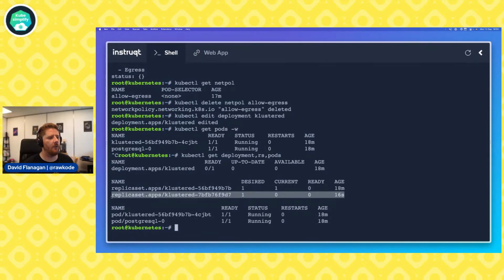Now, this is a difficult one if you haven't operated Kubernetes before, but I'm going to give you 30 seconds. How is this possible? What could cause this effect? Hey, Rohit, how's it going?